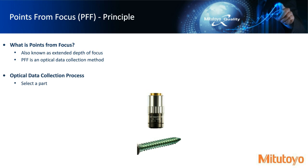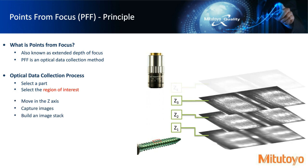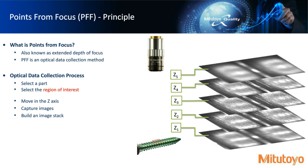If we go down a path for doing some general measurement, we would select a part, and in this case, what you see here on the bottom is an actual bone screw medical component. And above that, you see an objective lens. So we'll select a region of interest. You can see on the bone screw, there's a region of interest highlighted above the threads that we're interested in measuring. As we move the objective in the z-axis, behind this objective is a CCD camera as well, and we're capturing these images,